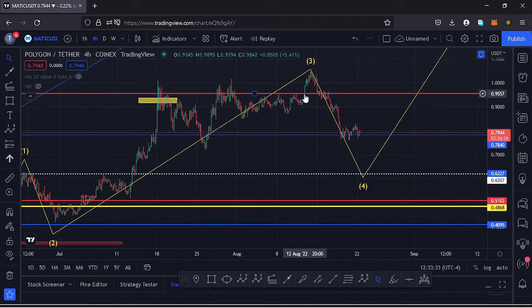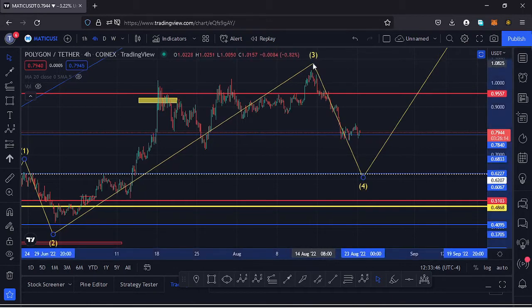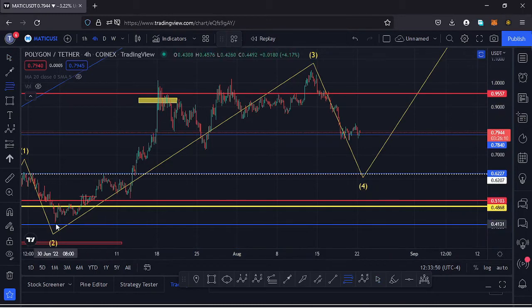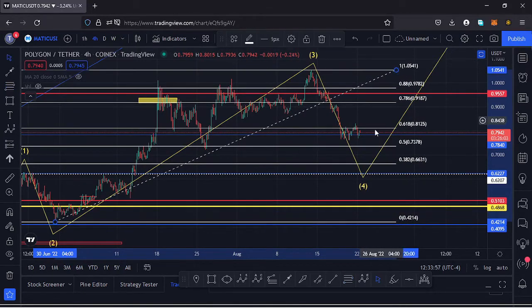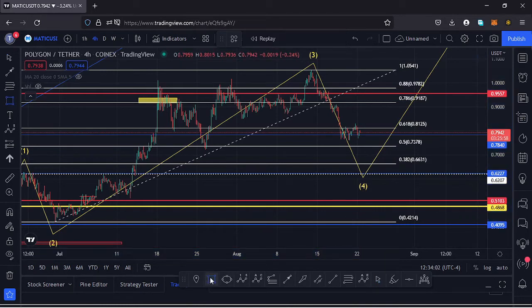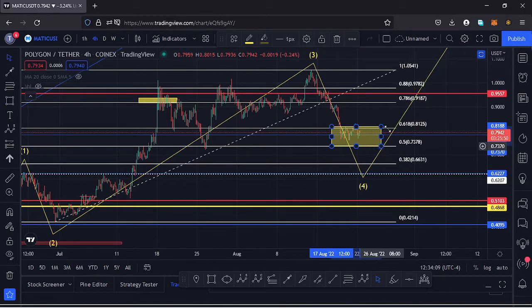After losing a key area of support at around the $0.95 mark, we have continued seeing lower prices in the formation of a wave 4, and because our wave 4 is a retracement of the third wave, we can use the Fibonacci's to get a target area for that fourth wave to the lower side by connecting the fibs from the low of the wave 3 to the high of the wave 3. That gives me the minimum target area between the fib level 0.5 and the fib level 0.618, which is the target area that I have drawn out here on the chart.